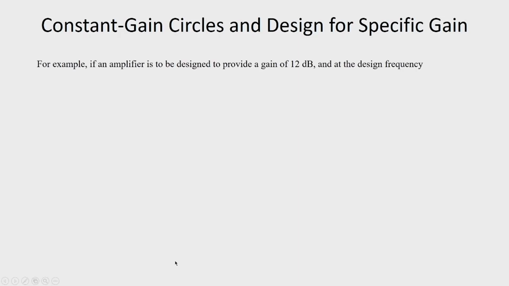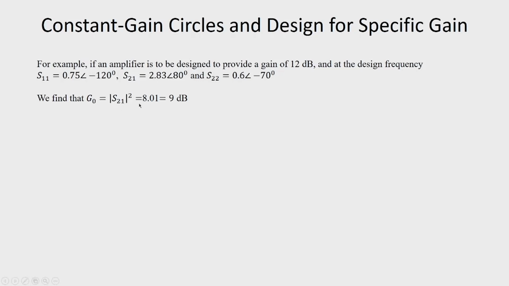We explain here with some numerical values. For example, if an amplifier is to be designed to provide a gain of 12 dB at the design frequency, suppose we have S11 equal to 0.75 with angle minus 120 degrees, S21 is 2.83 with angle 80 degrees, and S22 is 0.6 with angle 70 degrees, and we have already mentioned that S12 is 0. In that case, we find that